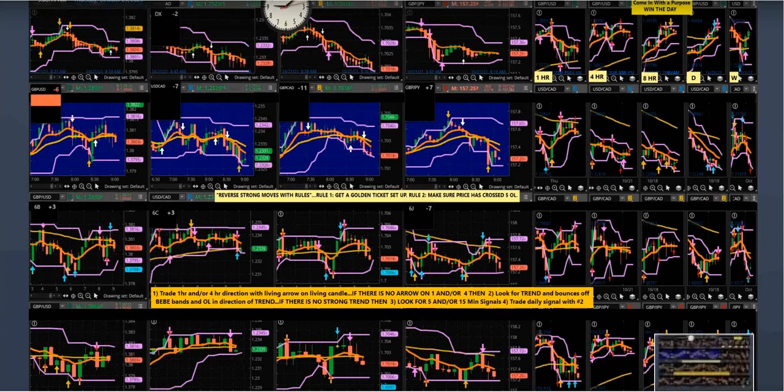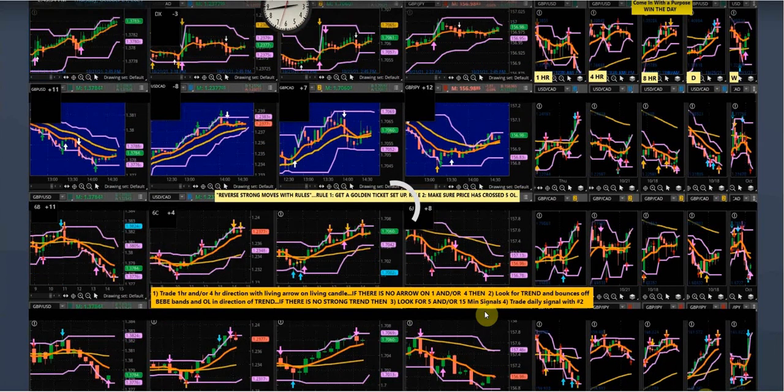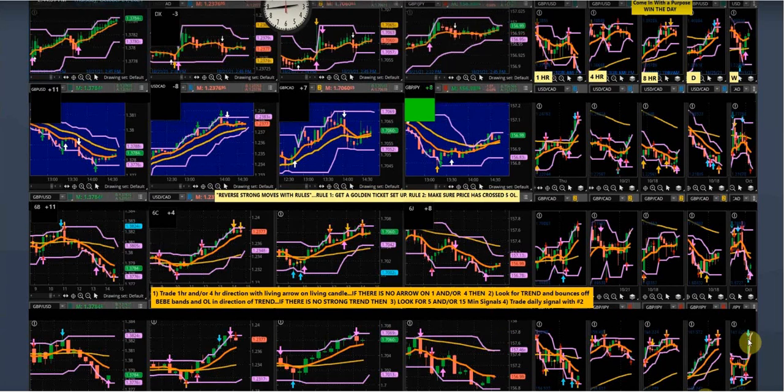Okay, let's go to the end of the session, see if it continues on down. Yeah, it did. So guys, it's again, moneymaker. If you were looking for an entry point for that, then that would have been it. BB1 slipping down, you might not have been right on it, but you would have got 5 minute yellow, I presume. Okay, so now your direction's changed. All you have to do now is keep going,